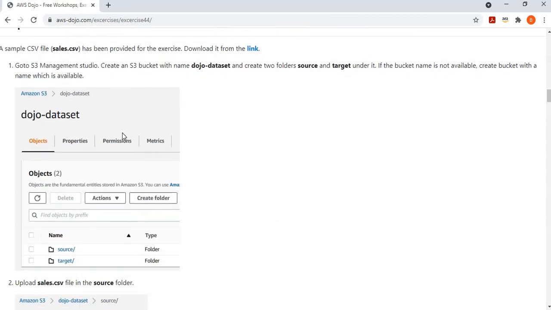In the S3 bucket, we create some source data, some target data, a source folder and a target folder. In the source folder, we put this sales.csv file as